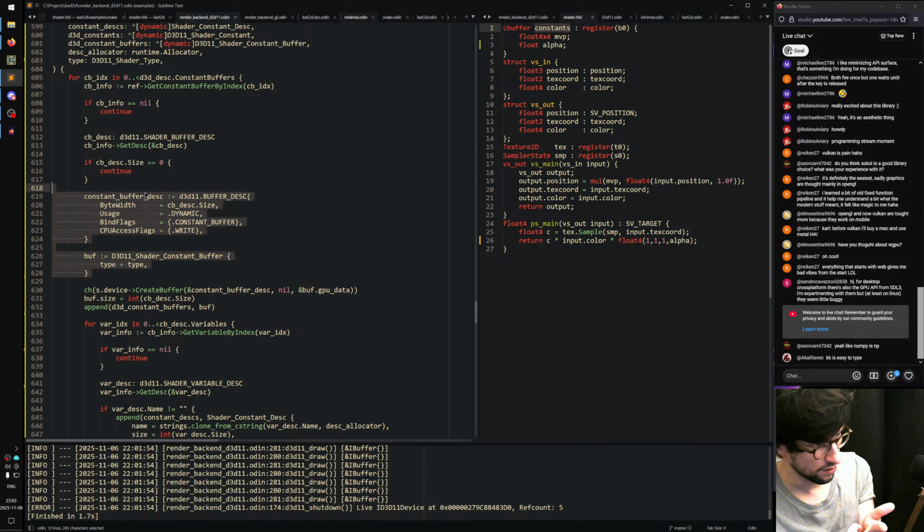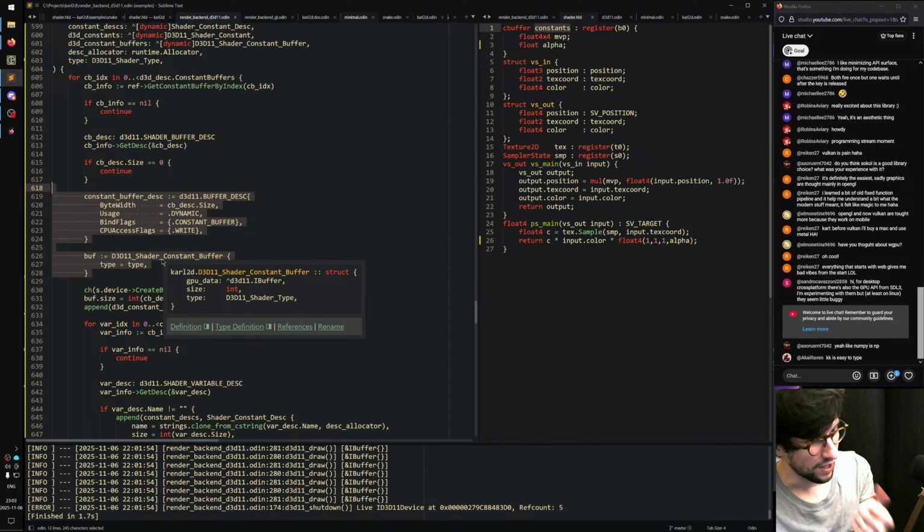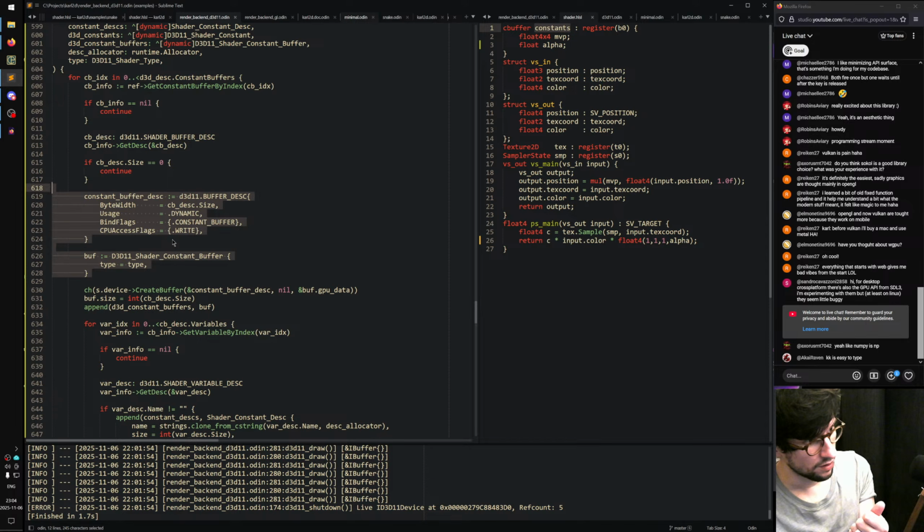Okay. And then we just have a mapping that can sort of point us to it, and we run across both the shaders again, and we look at the variables in them, and we set those up, and they will point to the buffer that was created, and that buffer might be